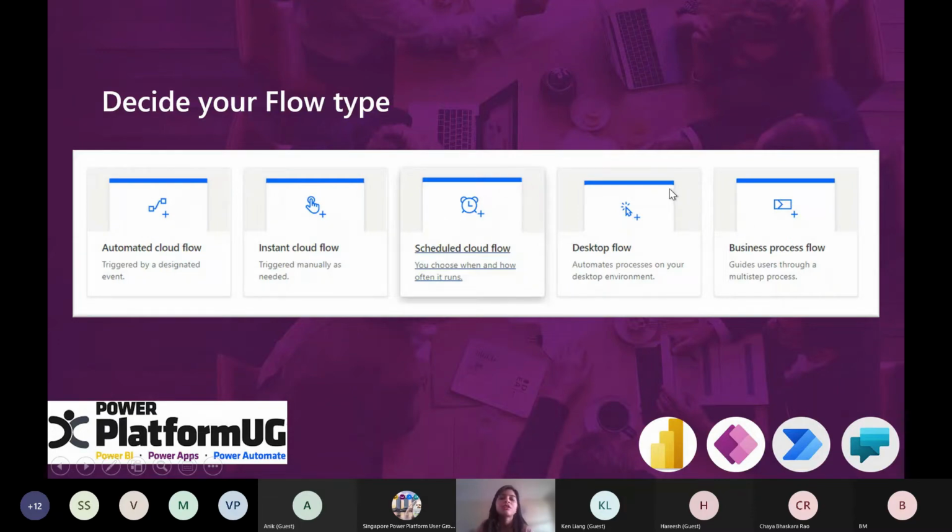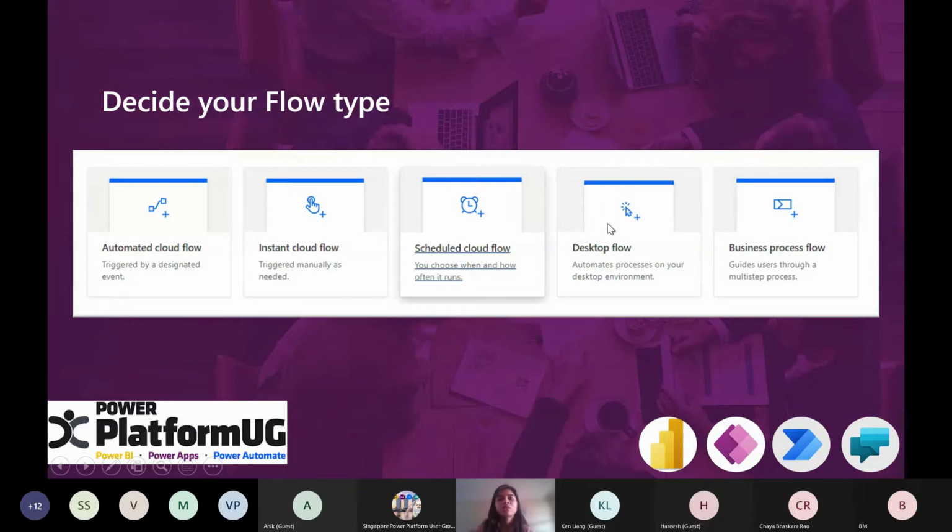Please note that if you are using a free trial account, or you have just signed in for the first time at flow.microsoft.com and you don't have a license, you will not be allowed to create a desktop flow or a business process flow. You will only be allowed to create an automated flow, an instant flow that always needs a trigger for you to start the process, and a scheduled flow that runs on the time, date, or month you have decided on.